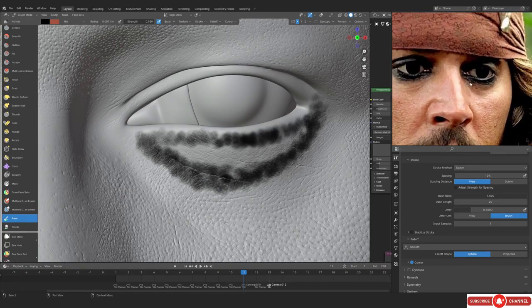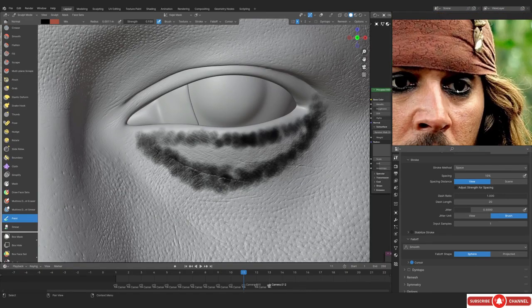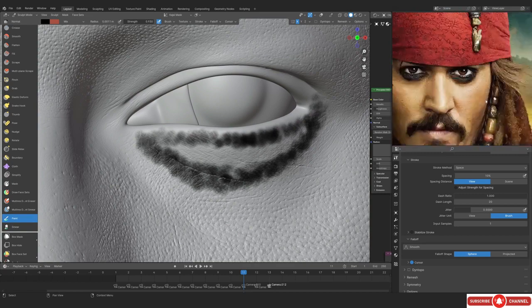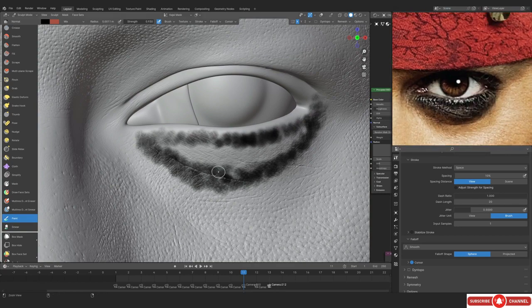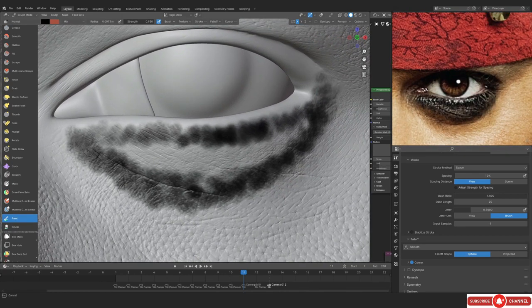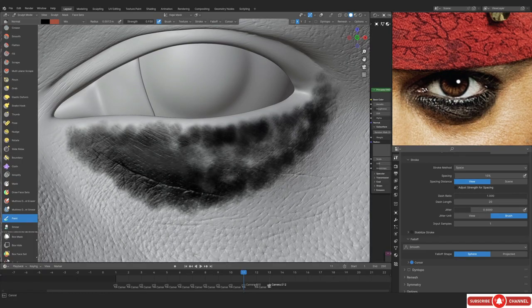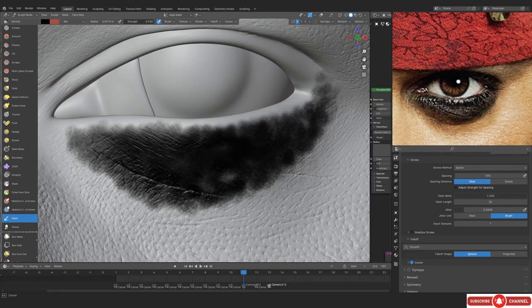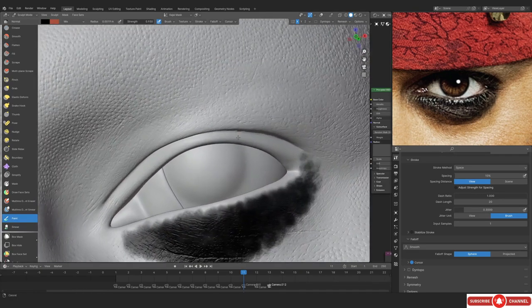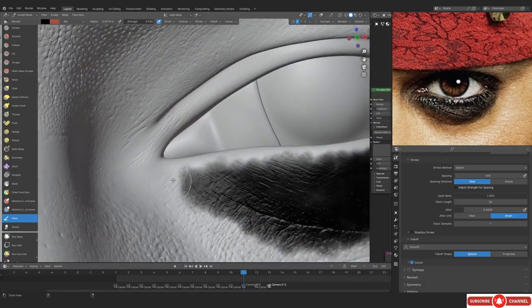And if you were to look at different references, you're gonna realize that this is different in literally all the three images that we have. So that means you don't even have to match it exactly. You can just get away with it looking nice. You don't have to match it 100%. So focus on making it look better or good instead of matching it 100%.